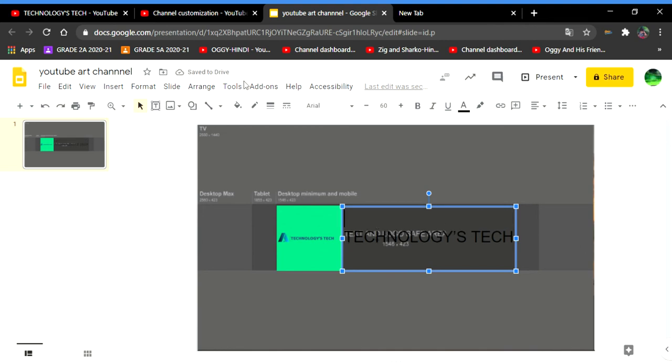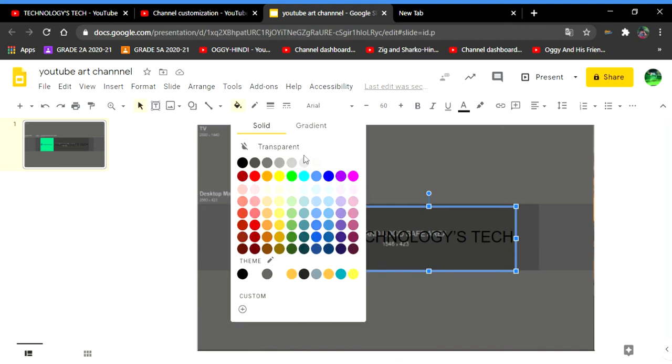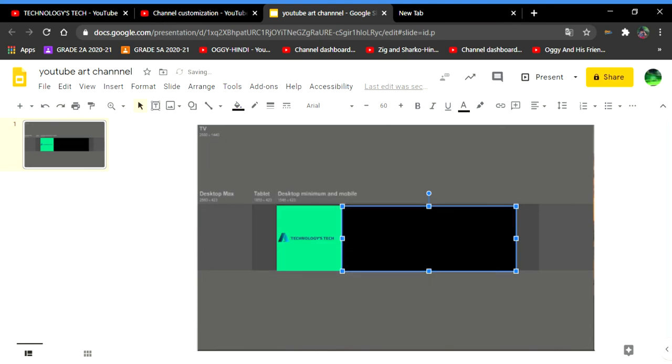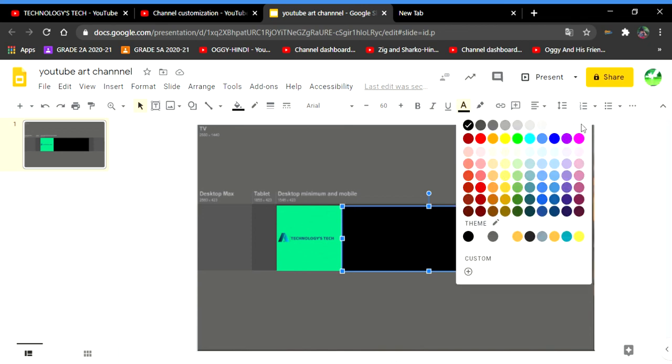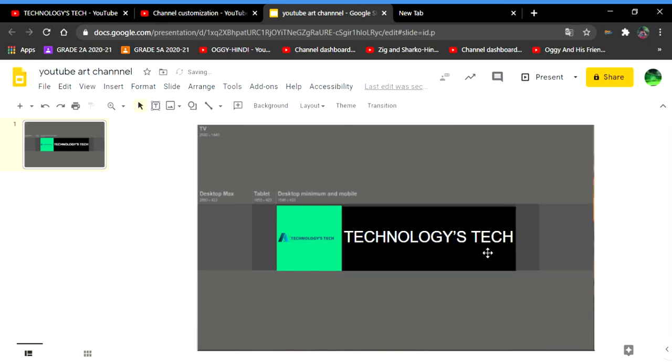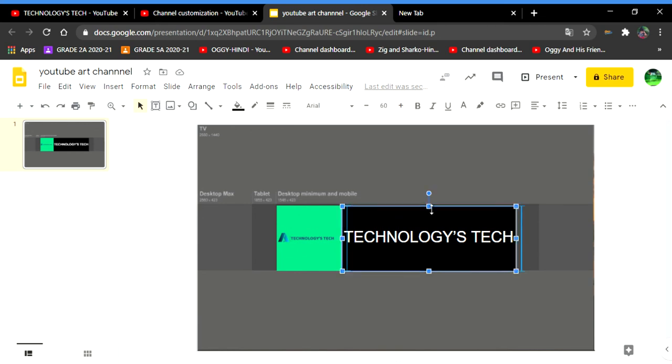If you want, you can put color also. The color will be transparent, but you can put black color. Text color is black also, so we can put text color as white. So you can see now.